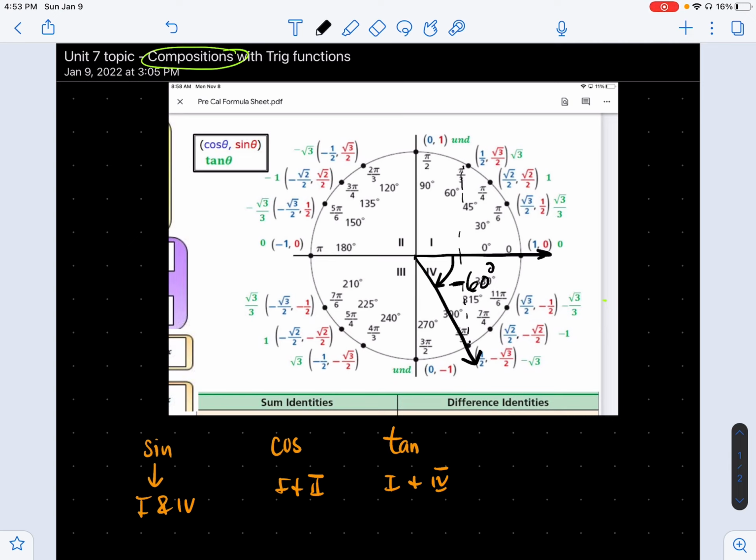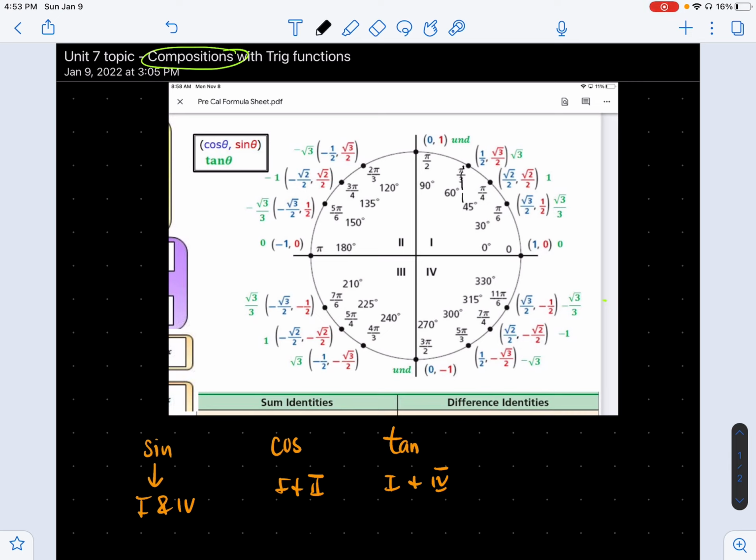Now, do they mean two different locations? No, it's the same location. What depends on is how we got to it. If we got to it creating a clockwise angle, those are negative angles. That's one thing to remember. This also applies to tangents. The other thing to remember is